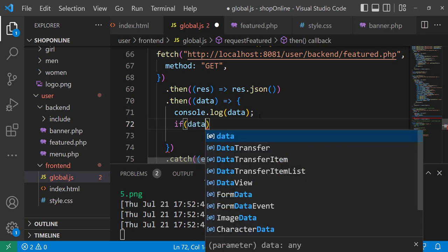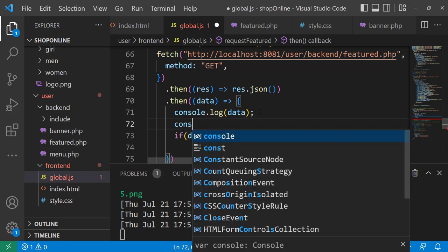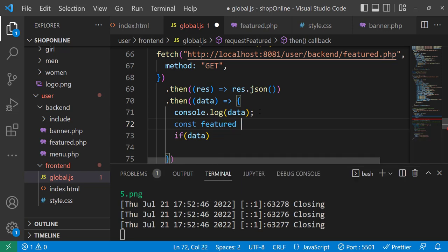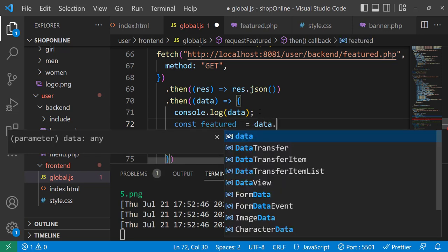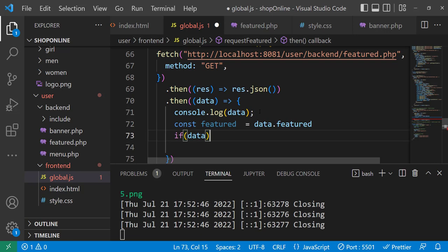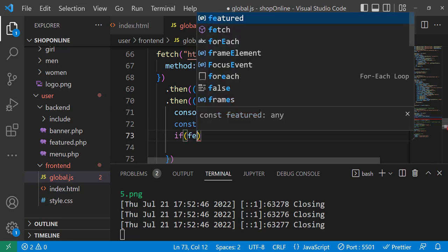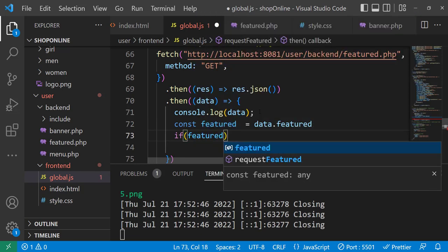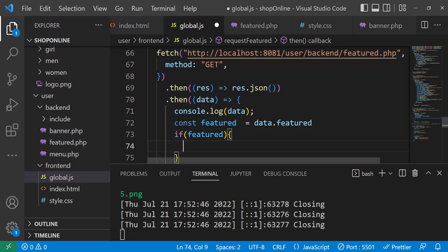So let me create a variable, data.featured. So this way we only have to write featured. So if featured, which means if this featured contains data, then in that case it won't be null. In that case, we can define all the logic within these curly brackets